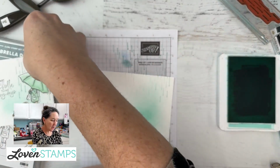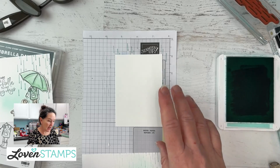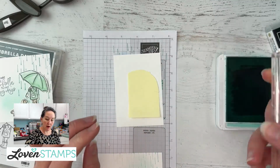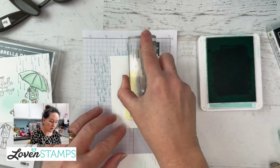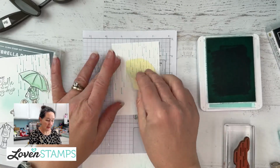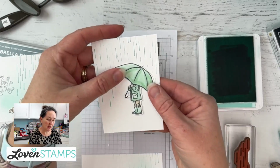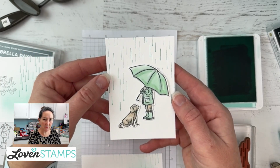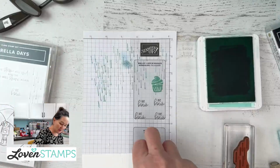So what we could do, we'll put this on here, pretend this is our piece, and we're going to have our umbrella person protected here from the rain, okay? And then I'm going to use my stamp here. We're using it, Cindy, so. And I'm going to go ahead and stamp all across here. There we go. And when we remove our mask, now we have a place where we have the dry spot. Does that make sense? So now we would have that protected underneath, and you could pop your little puppy friend under to protect from the rain. Okay. So anyway, a really fun extra bonus masking technique,